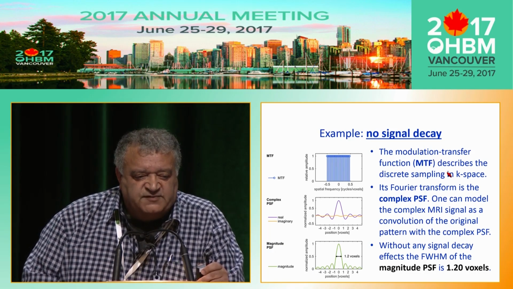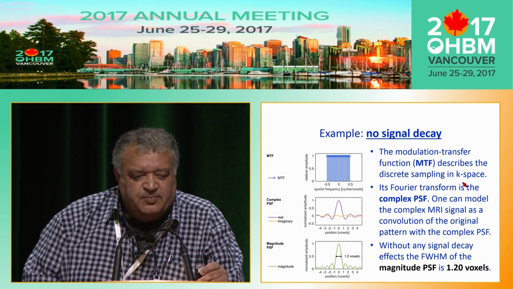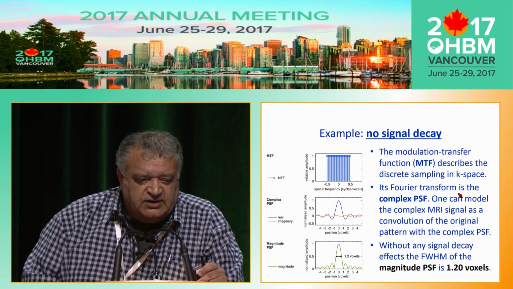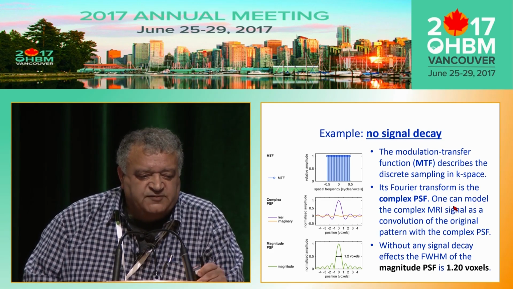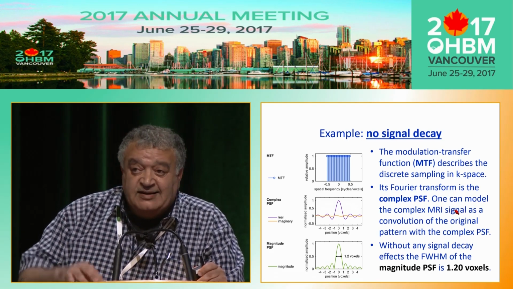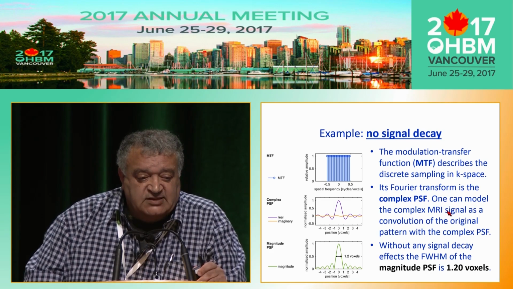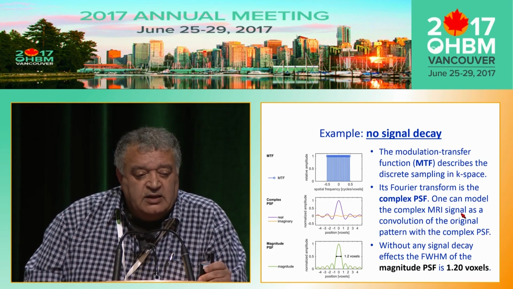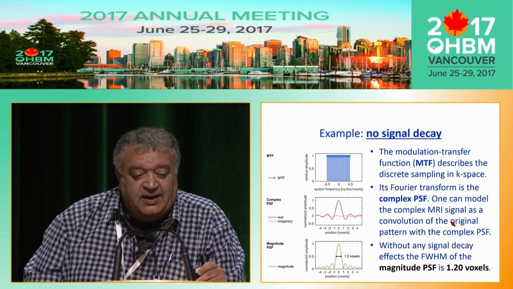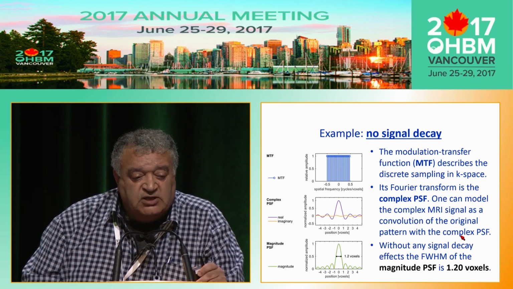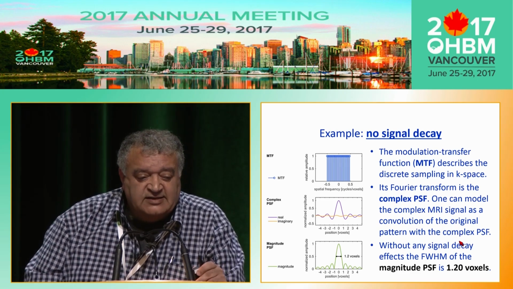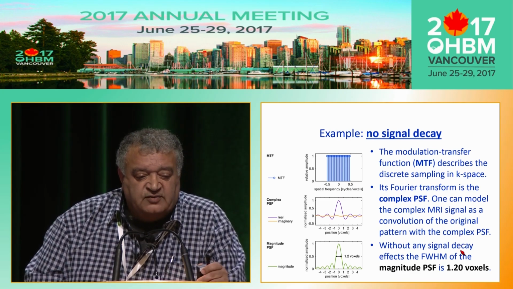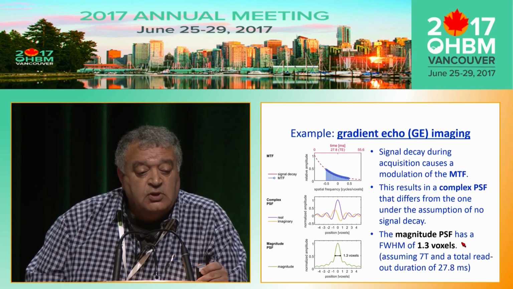The modulation transfer function describes the discrete sampling of K-space. Its Fourier transform is the complex point spread function, and one can model the entire imaging process, as we did, by convolving the original pattern that needs to be imaged with the complex point spread function. Without any signal decay effect, the full width at half max of the magnitude point spread function is 1.2 voxels